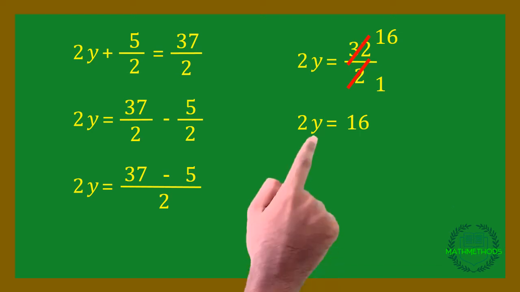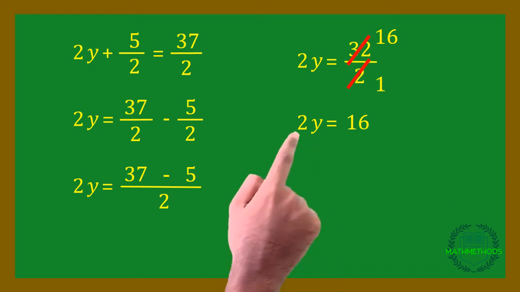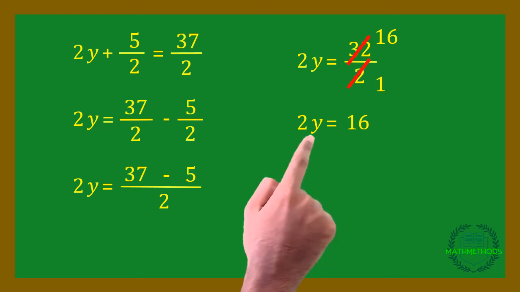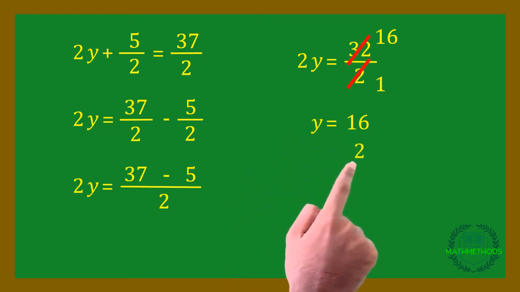The variable here is y, and this number, that is 2, is called the coefficient of y. Now this coefficient, that is 2, will also move to the right hand side. And remember, the coefficient, since it is multiplying the left hand side, when it moves to the right hand side, it will divide the right hand side. Coefficient from the left hand side will always form the denominator of the right hand side.